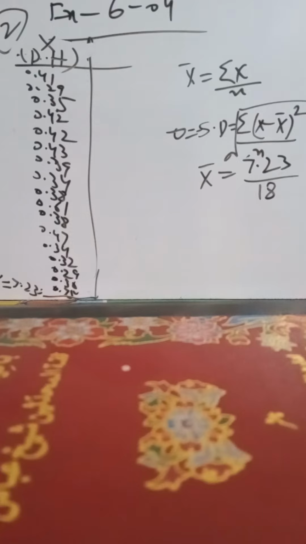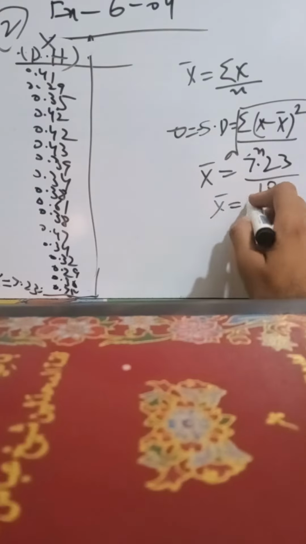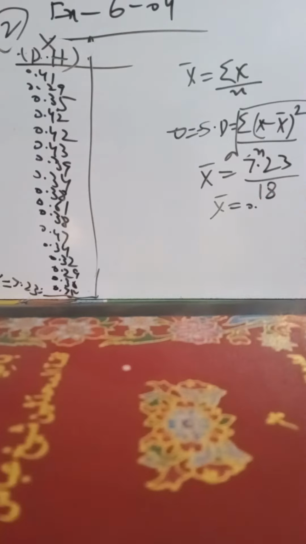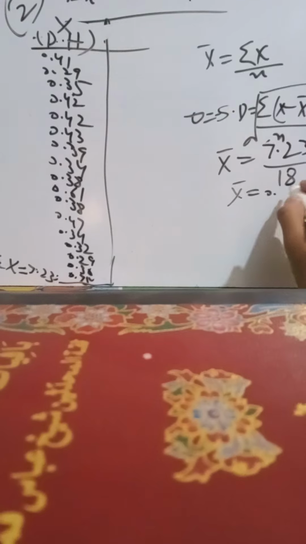18, yes. Now what is the average? Arithmetic mean. That was 18. And 0.4016. Its average is 0.4016. So 0.4016. If I will round it up to 2 decimal places,